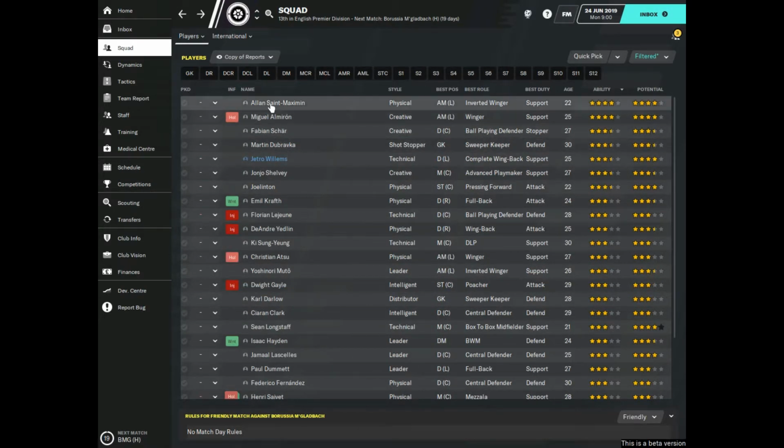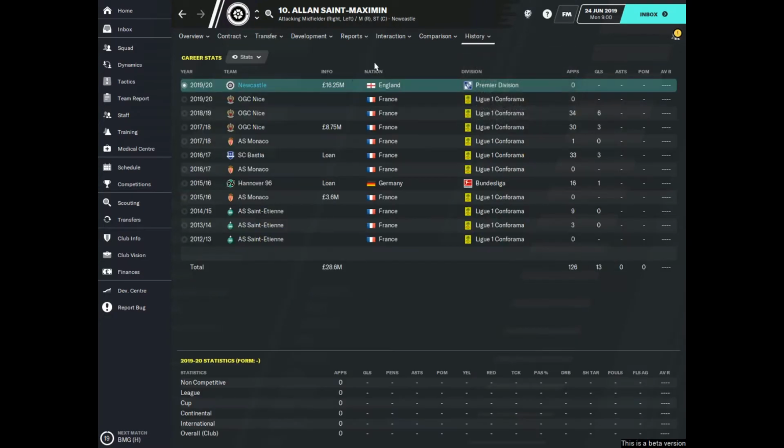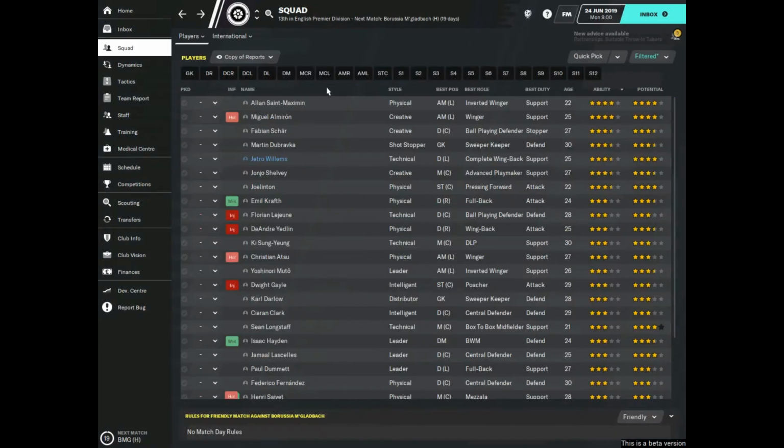They've obviously signed Allan Saint-Maximin, who I will be playing out on the left as the inside forward role on attack. He is a new signing for Newcastle. He's just signed in real life from Nice for nearly 17 million. That's not too bad. So he's going to be one of our key players. We also got